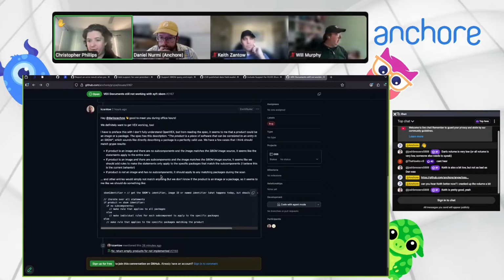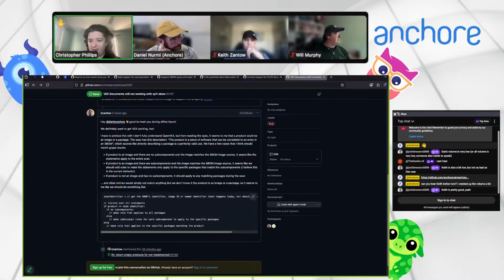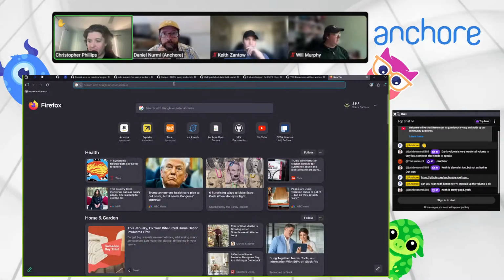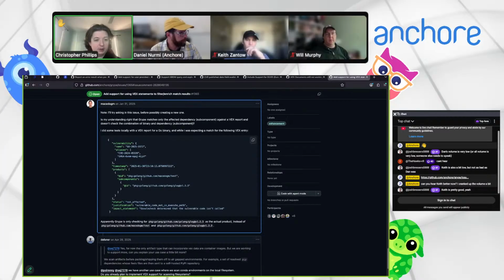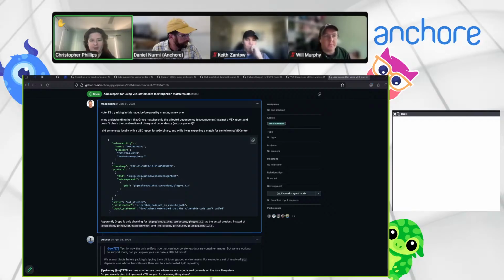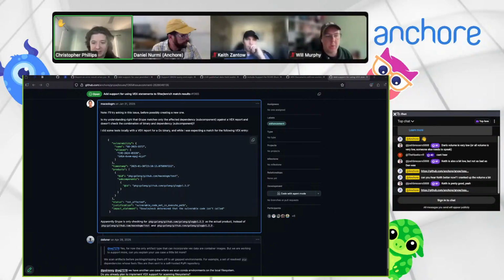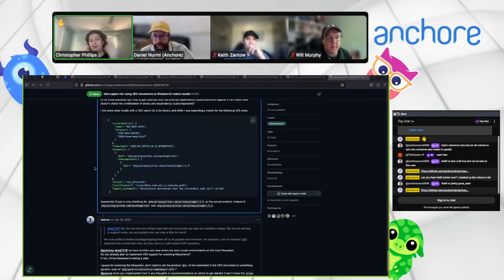I added a comment into our call chat. It might be related to this as well. Can you give me quick info on whether I'm barking up the same tree? In our Zoom chat, there's a link to a comment about subcomponent versus product identification. This user posted on the main Vex issue about how they expected a knack for the ID of the MacDoon test, which is the binary that he built, the module, which then contains the subcomponent Golang glog v1.2.3. However, the knack didn't happen because, in his opinion,